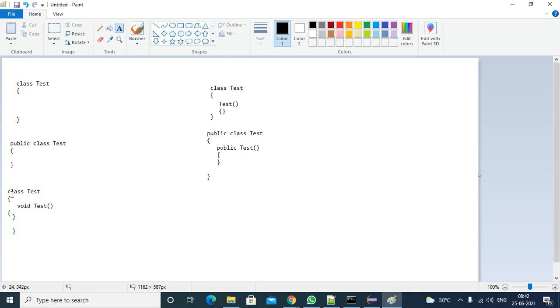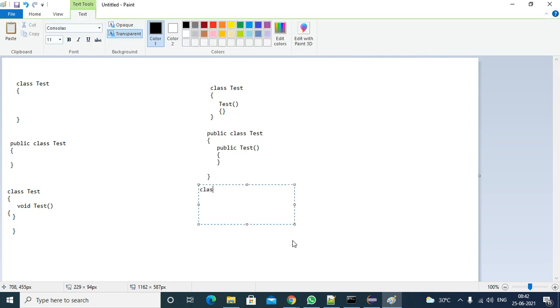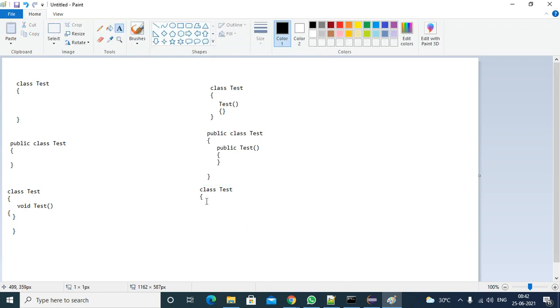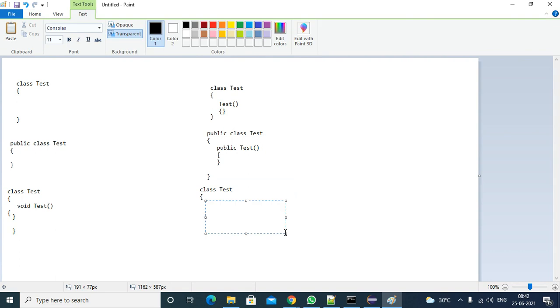Consider this is class Test with void Test. What will happen? It will add a default constructor. void Test is a normal method, that's why it is adding a default constructor.